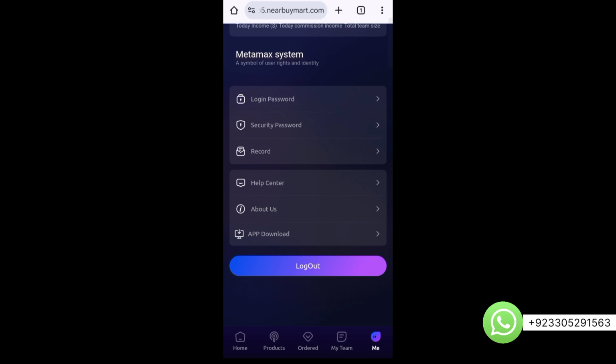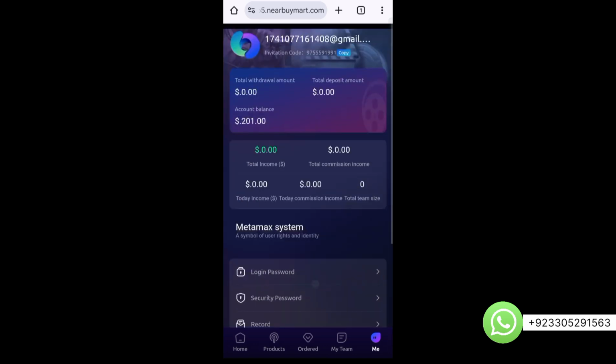Here is a help center. You can add your Telegram link or any other option. So here's the about us section, so the user can read about your website, and here is the download app option. So this was all about the user panel, and now let's go to the admin panel of this website,